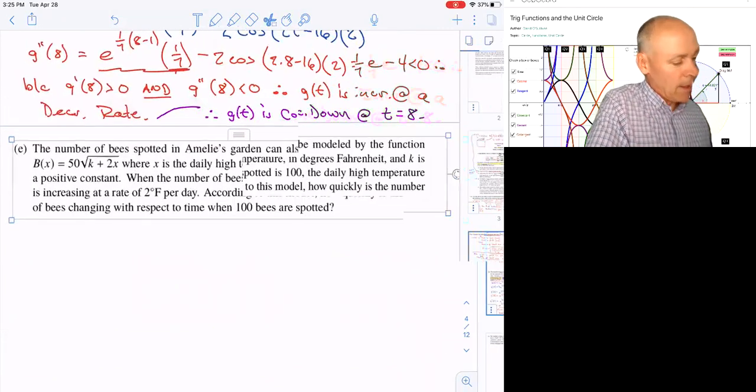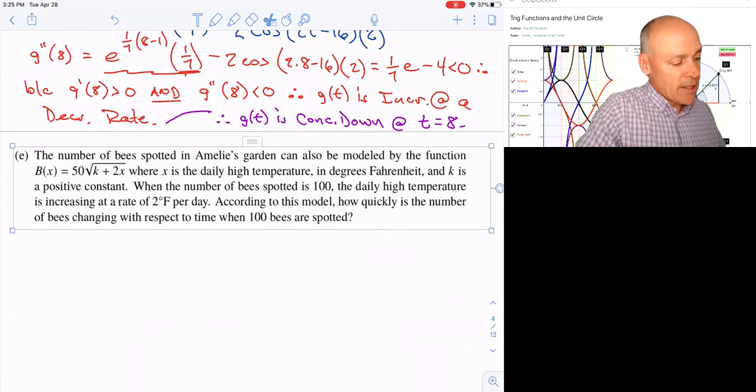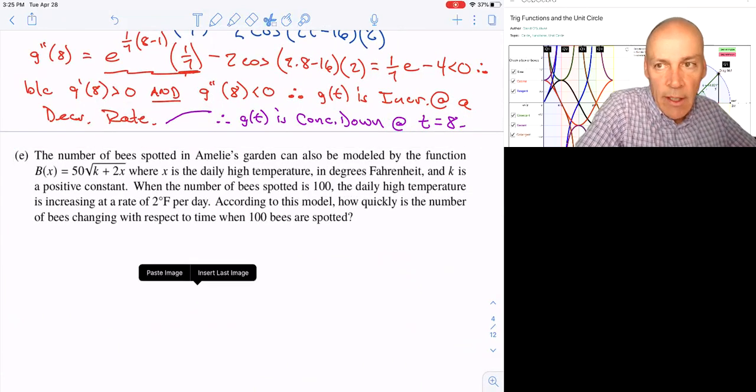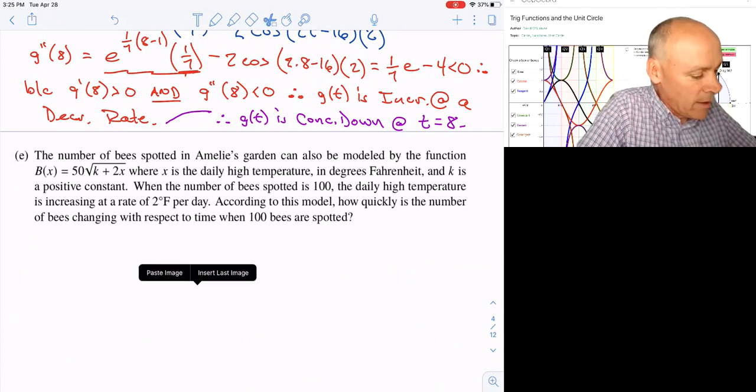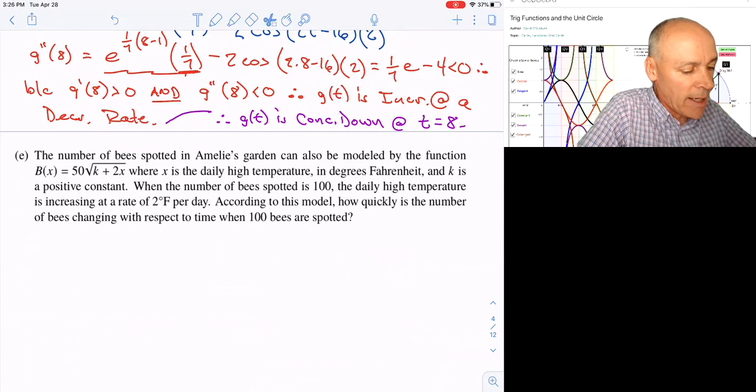All right. So part E, and I think this is definitely the hardest question anywhere on this homework set. It says the number of bees spotted in Amelie's garden can also be modeled by the function B of x equals 50 times the square root of k plus 2x, where x is the daily high temperature in degrees Fahrenheit, k is a positive constant. When the number of bees spotted is 100, the daily high temperature is increasing at a rate of 2 degrees Fahrenheit per day. According to this model, how quickly is the number of bees changing with respect to time when